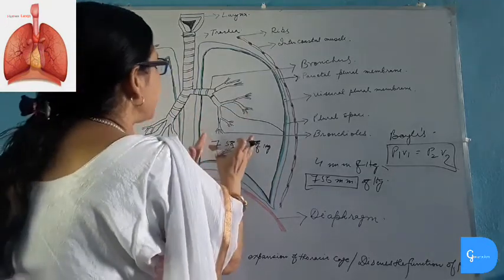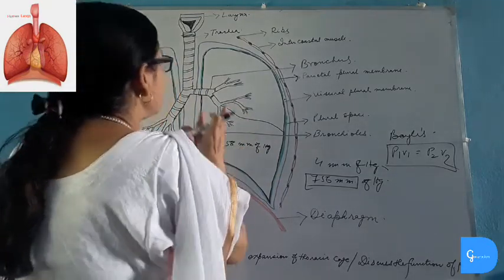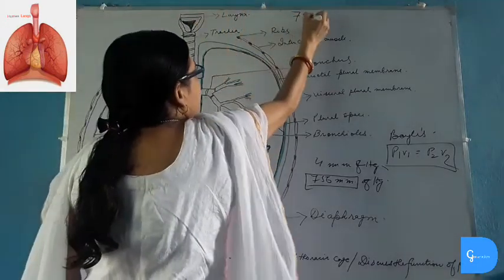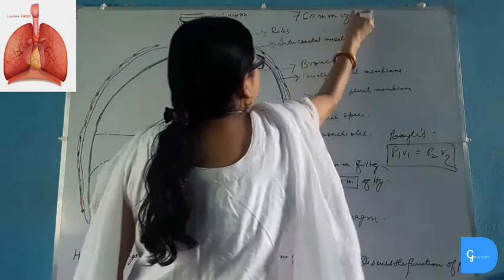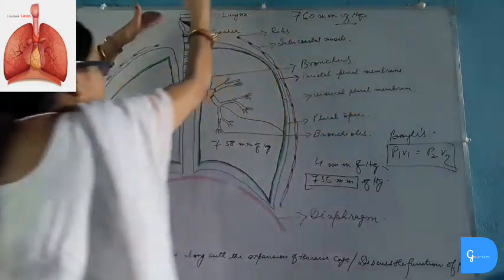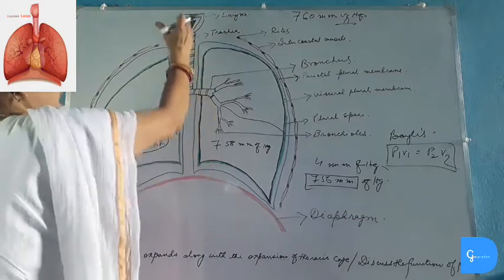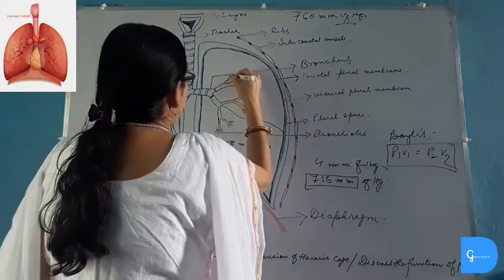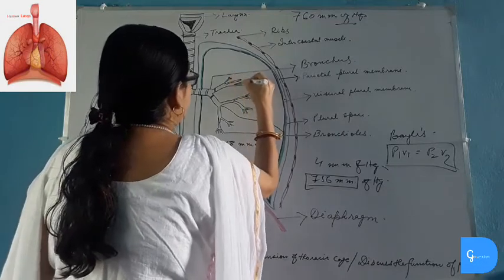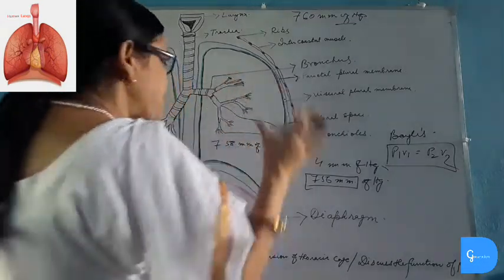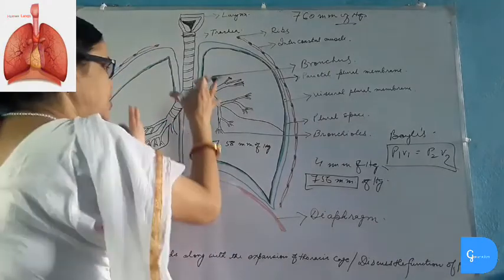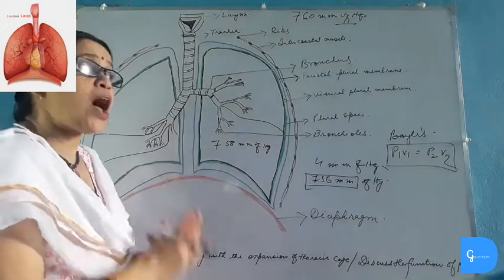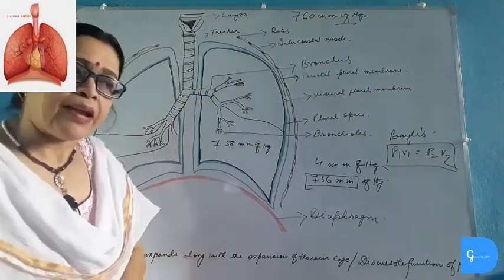As there is negative pressure inside the lungs, the air from outside, which has a pressure of 760 millimeter of mercury, gushes into the trachea and bronchi. And as the air gushes into the trachea and bronchi, the alveoli, which are present in hundreds of millions at the end of these bronchioles, expand or inflate with the inhalation of air, and thus we can see that the chest wall or lungs expand when we inhale.